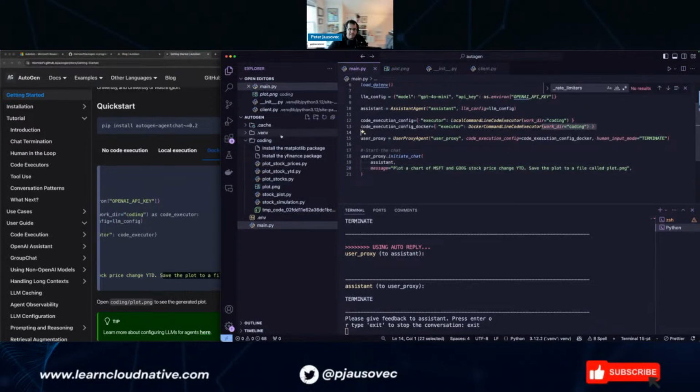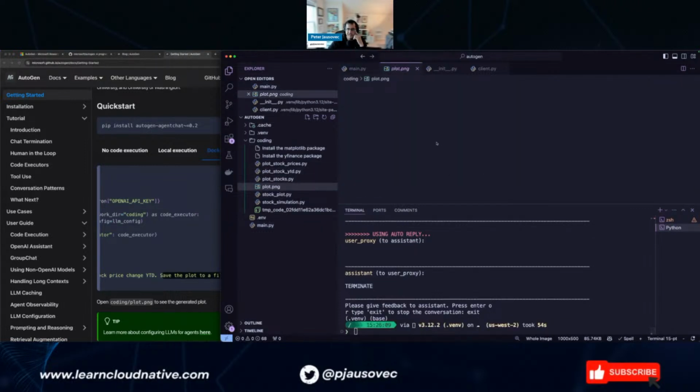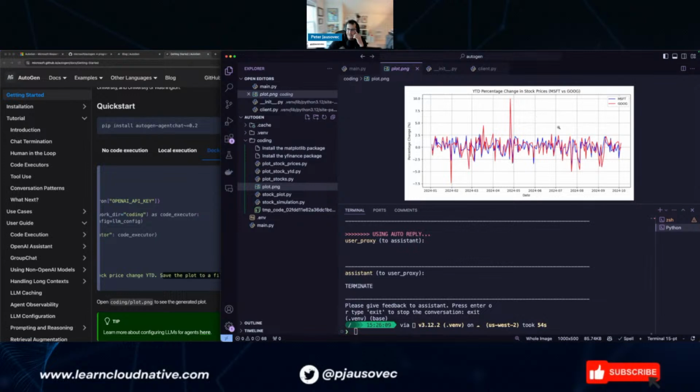It mounts it locally, and it executes the code there. But anything that gets dropped into that folder inside a container is also mounted in. So that's pretty good. It's not going to pollute your machine when installing packages and stuff.